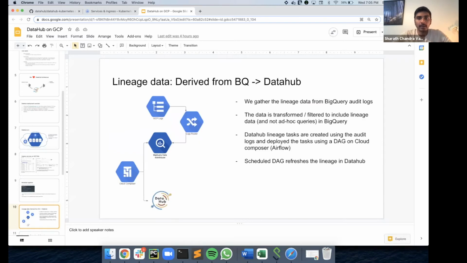And the final step is, how do you operationalize your lineage data into DataHub? How do you make sure that your lineage data is captured in DataHub?